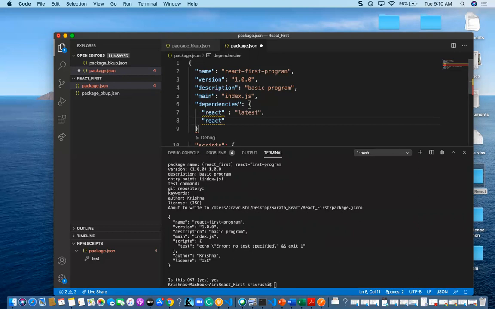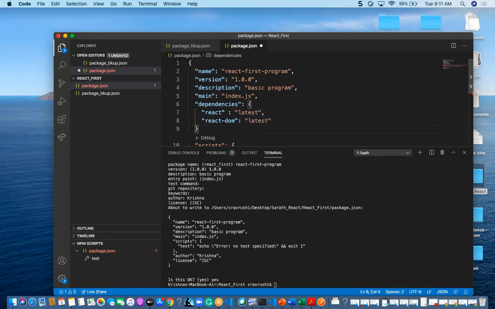It is a dependency of the development environment. That's why we are going to give that in the dev dependencies. So for now, we are giving react dom, and I am giving latest.